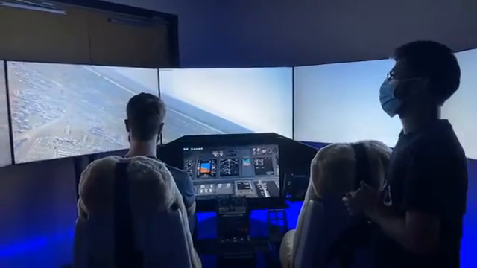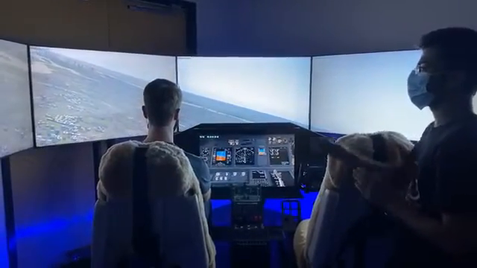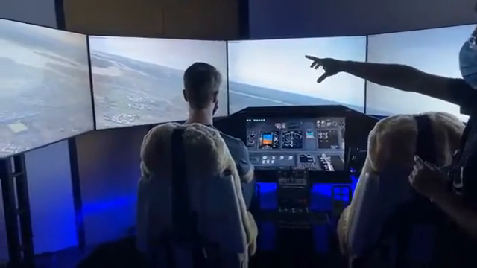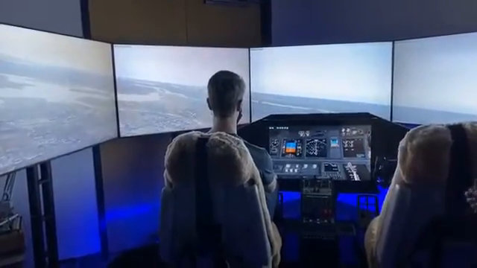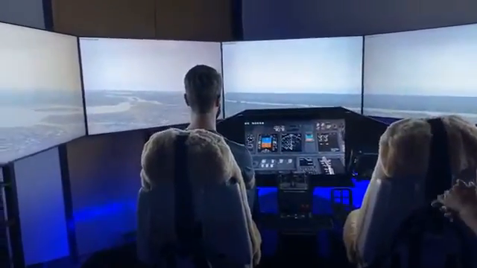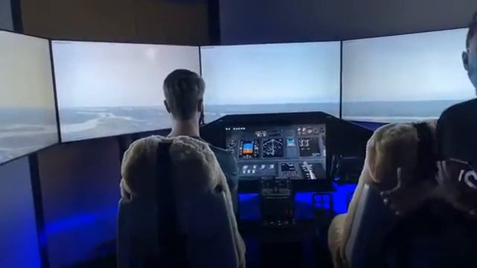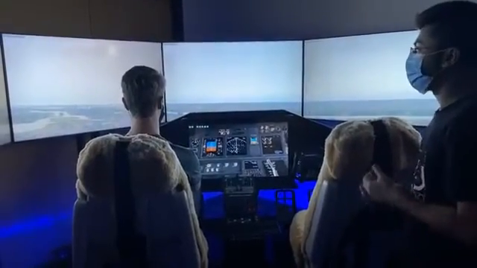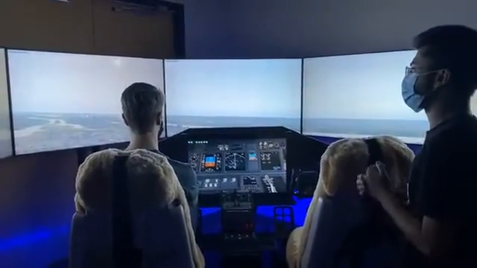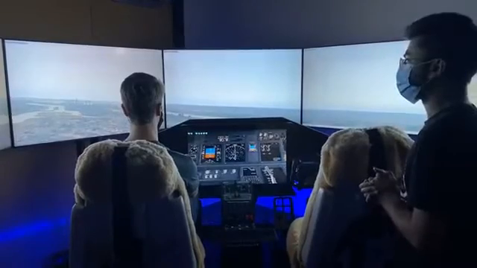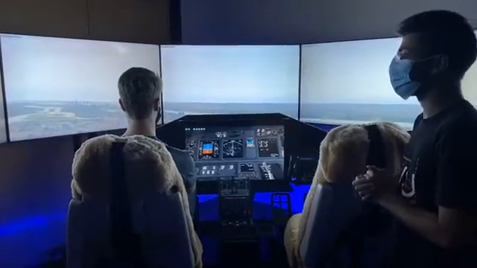Now, what Robert is simulating is he is making an approach towards the Hudson River. As you can see, the New York skyline right over there. You can see the Empire State Building. Very good graphics on our simulator, as you can tell. And we're gradually and slowly making our approach towards the Hudson River, the only option that Captain Sulley has right now. Now note that he will try to make the slowest approach such that there is reduced impact once he lands onto the river, because we want to ensure that there's no loss of life,